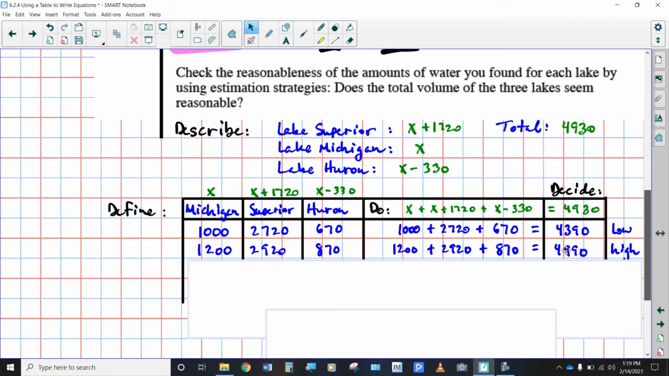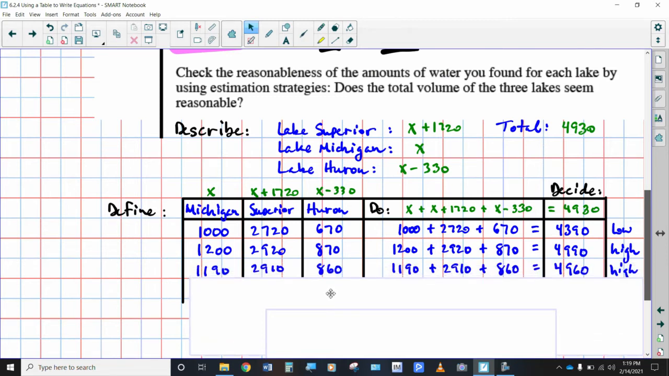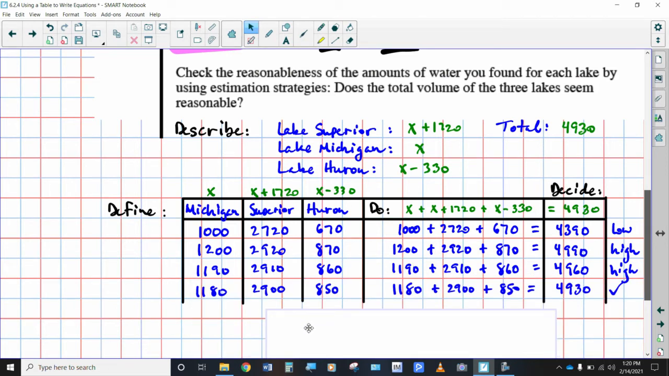We're really, really close. So I'm thinking maybe let's just adjust it down to 1,190 and see what we get there. Well, after adding the 1720 to 1,190 and taking away the 330 from 1,190 and then adding those together, that gives us a total of 4,960, which is still too high, but it's closer. This was 60 away, this is 30 away. I'm pretty sure we know what the next one is going to be. Take it down to 1,180, and that's the combination. That works. And it took 4 trials to get there, not too bad, but algebra is going to be a